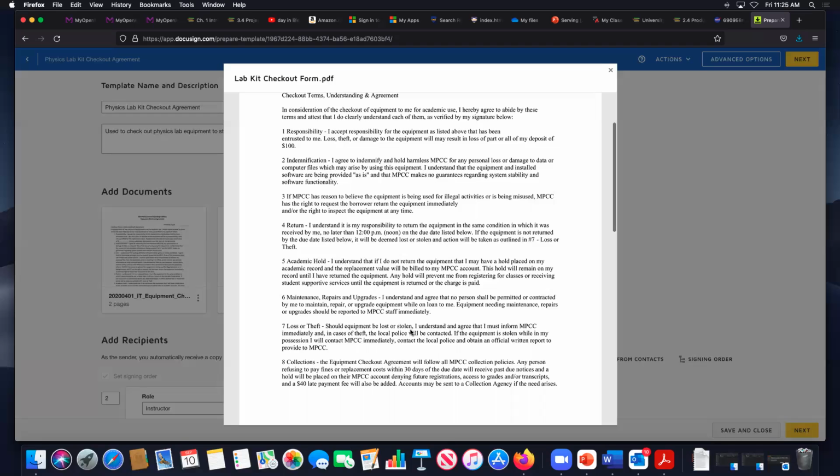In the maintenance section, please don't fix things yourself. We'll fix them. Loss and theft, please report that immediately. I don't think it's necessary that you report it to the police immediately, because maybe it's just lost, but we should definitely report it to me so we can try to figure out where we can find it or replace it. And then collections policies,